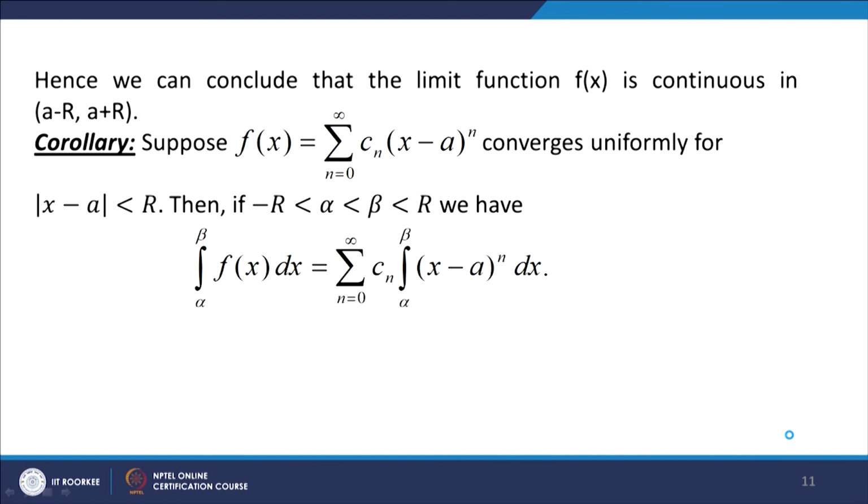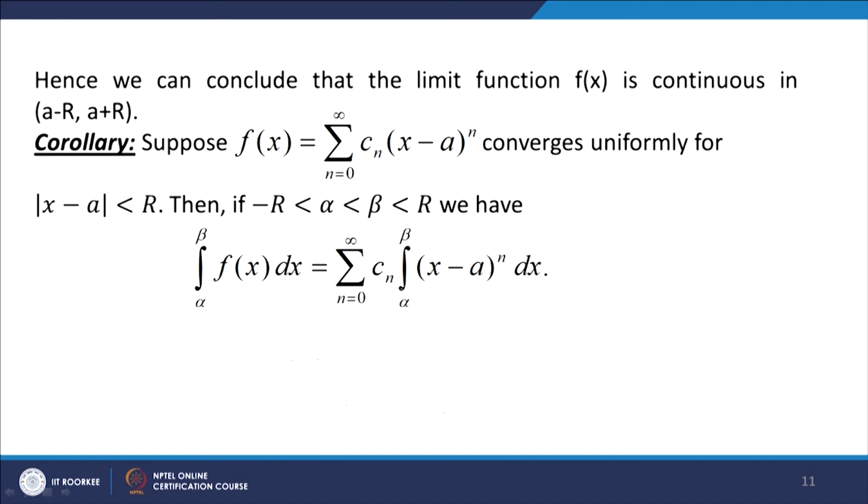Now, we can state this corollary. Suppose f x is equal to sigma n equal to 0 to infinity Cn x minus a to the power n converges uniformly in the range mod of x minus a less than r. Then if alpha beta is a closed interval lying in the range mod of x minus a less than r, that is, if minus r is less than alpha less than beta less than r, we have integral alpha to beta f x dx equal to sigma n equal to 0 to infinity. So, we can integrate the function f x over the interval